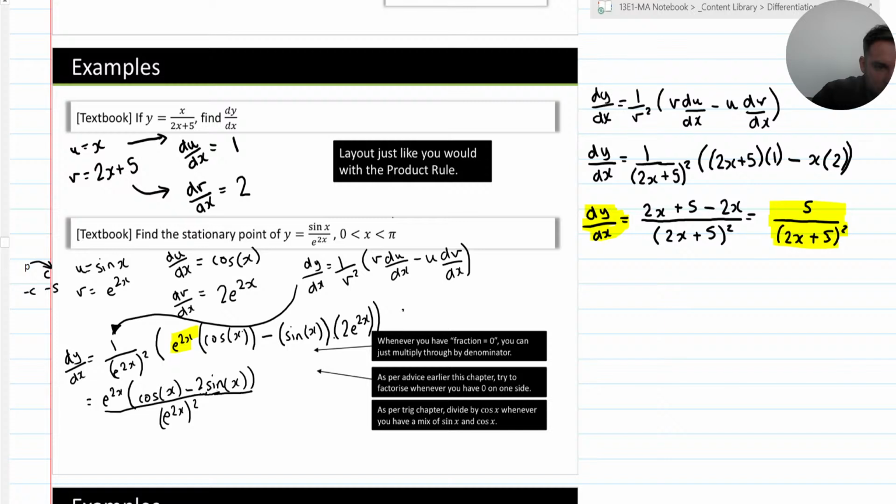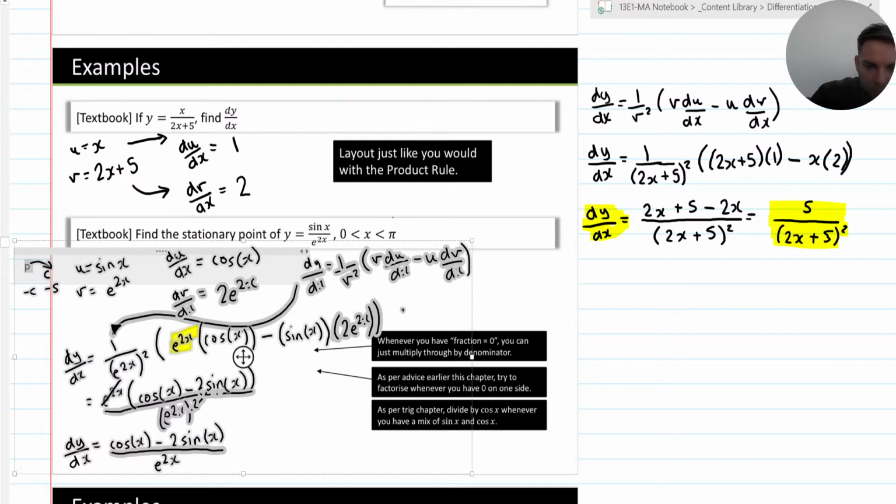Like so. And then I can cancel. Thinking about the top and bottom here, the e to the 2x is going to cancel with one of these e to the 2x's on the bottom, like so. So I'm just left with dy by dx is equal to cos of x minus 2 sine of x all over e to the 2x,